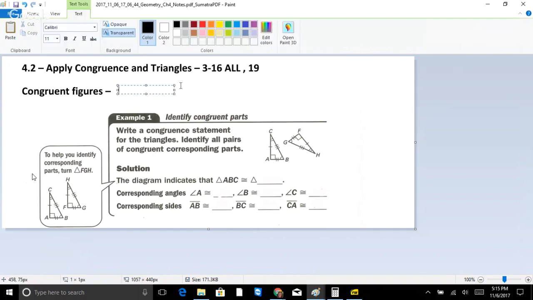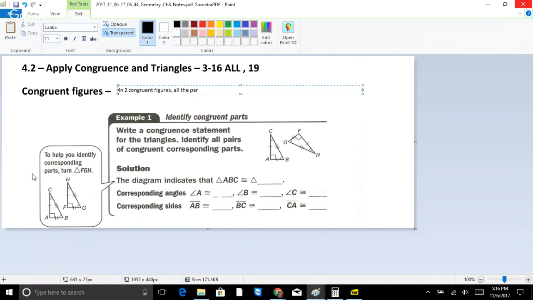So hopefully I will spell everything correctly. Congruent figure. Congruent angles, remember, is just the fancy geometry way of saying equal. In congruent figures, a triangle is a figure, or a rectangle, or a quadrilateral, any of those things can be congruent to each other. So the definition, just so you have that written down, is: in two congruent figures,